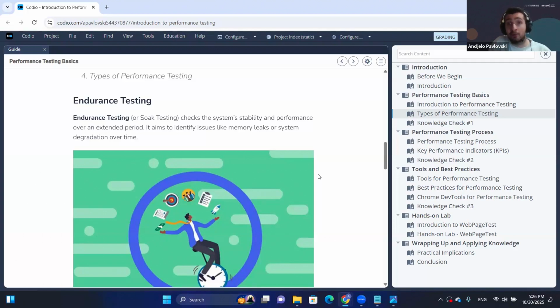These tests most commonly are run for a very long amount of time. So you're not going to do an endurance test for 2 hours. You might do it for 20 hours. You might even do it sometimes for 25. For example,